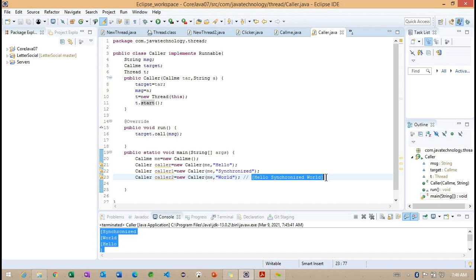To make this work, what can we do here? We need to use the keyword called synchronized. Getting the point? So to use this synchronized, I'm going to make it inside this particular caller.